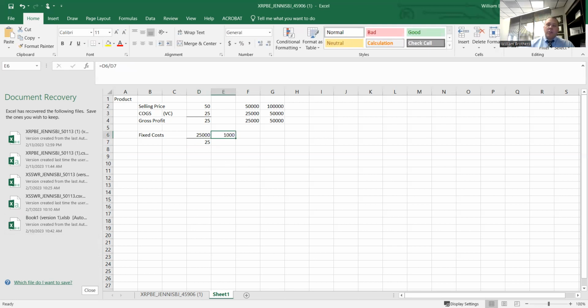Very simple calculation. When I was in graduate school, it was amazing to me how many MBA students could not calculate this. And as you can see, it's a really simple tool. And so whether you're going into accounting or whether you want to be a manager or whatever you need to do, you need to be able to do this and understand why this happens. So I digressed a little bit.